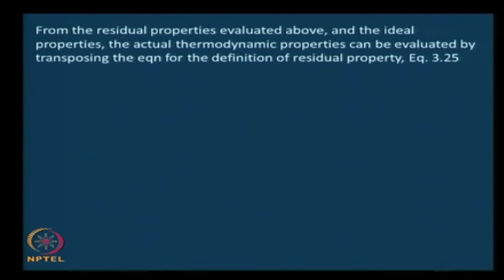Now, we have residual properties starting with GR by RT, and hopefully we would have generated the other residual properties, and we know that the actual property minus the ideal gas property is the residual property, and therefore, if we have expressions for the ideal gas values, then we can get the actual values from the residual values. Therefore, let us see